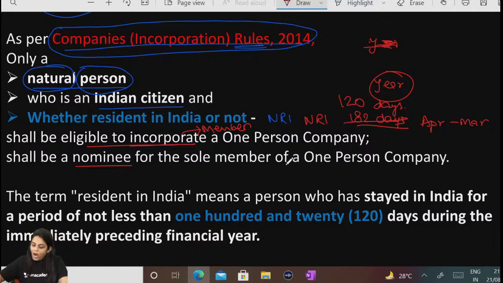Now, why the concept of a nominee? Why the concept of a nominee? Whenever I open an OPC, whenever I incorporate an OPC, I have to mention